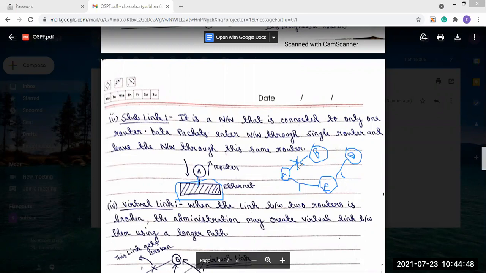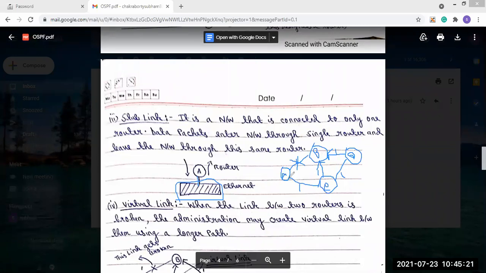The administration will create the virtual link between them using a longer path. Let's say the virtual links are created from C to B and D to B, and the cost of each is 1.